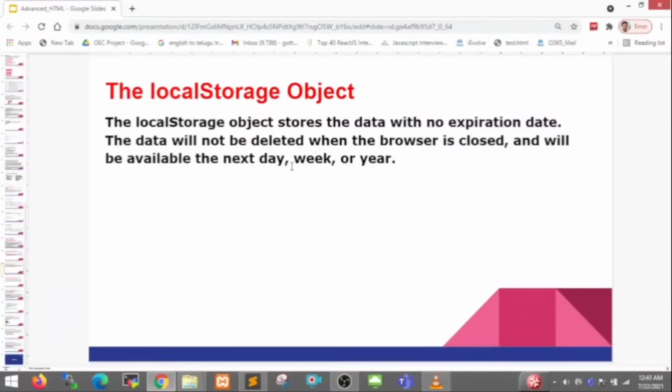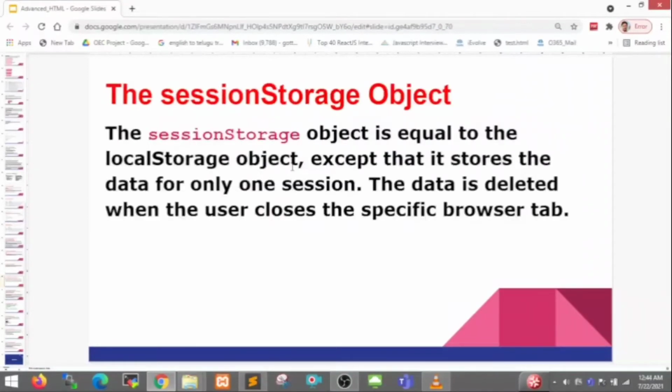Based on the time you set, that much time it will stay in our browser, which means it will not expire. The sessionStorage object is equal to the localStorage object, except that it stores the data for only one session. The data is deleted when the user closes the specific browser tab.